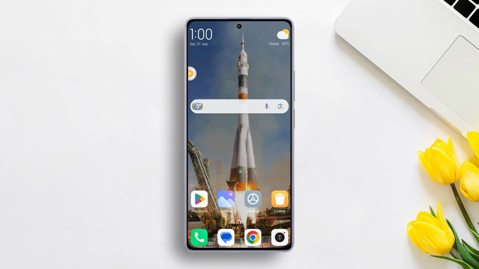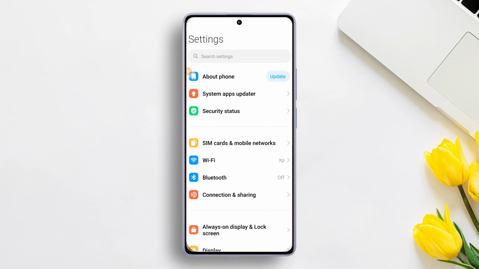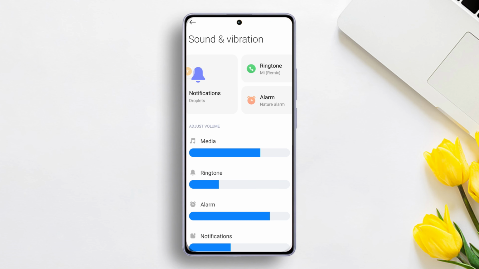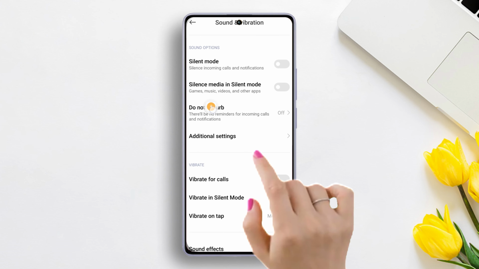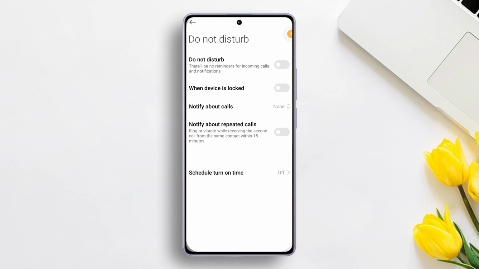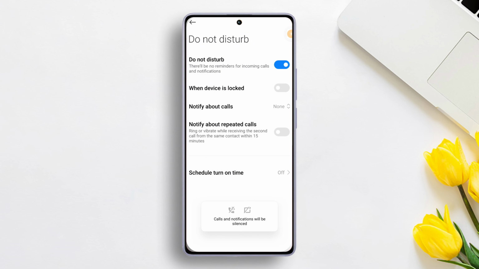So let's start. First of all, open the Settings app on your Xiaomi phone. Then, scroll down a little, find Sound and Vibration. Next, scroll down a little and come to the Do Not Disturb section. From here, you can just toggle this feature on and you will not hear any notifications or calls until you